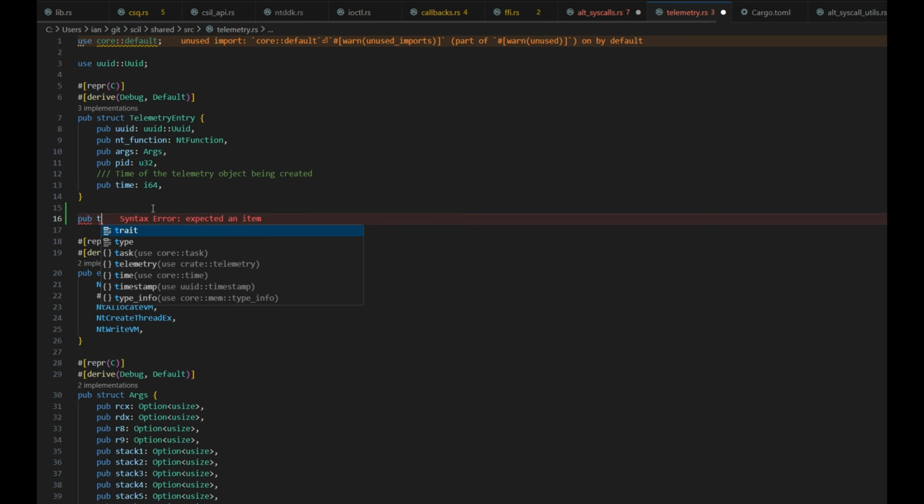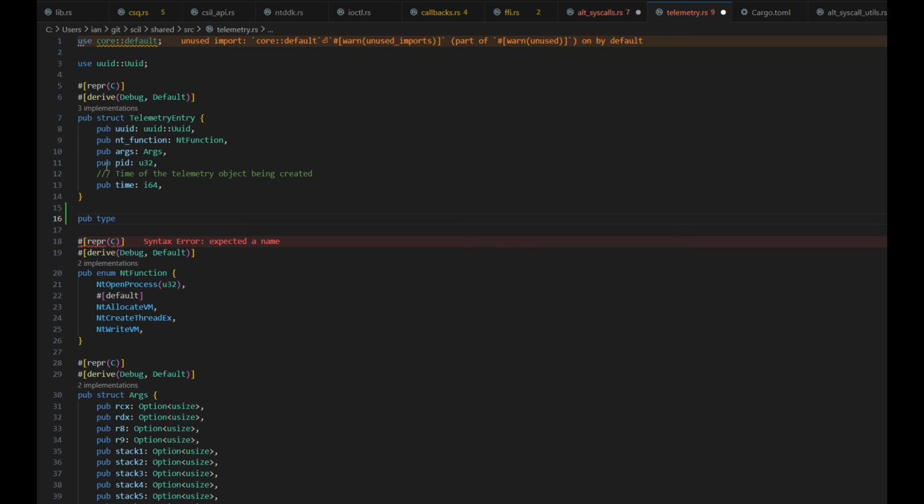So we can say pub type. Where am I here? Is this a shared library? Yes, it is. I just wanted to check that this was shared between all the crates, so we don't have to duplicate work. So we can say pub type nt write vm inner, something like that, and we can set that equal to a tuple,